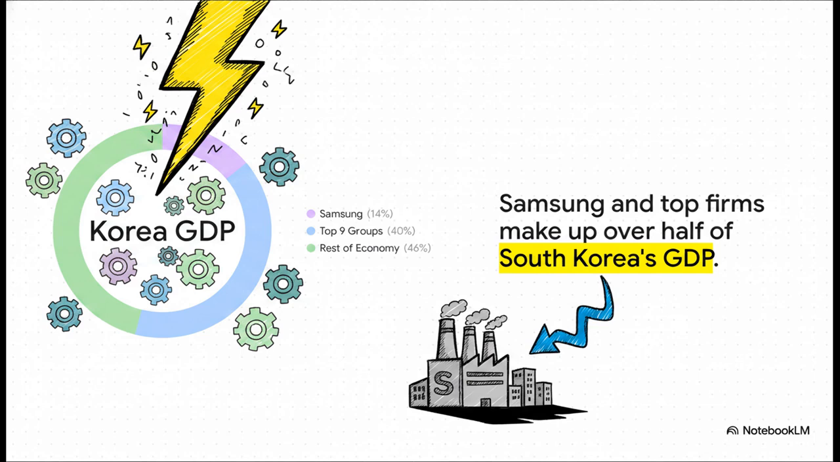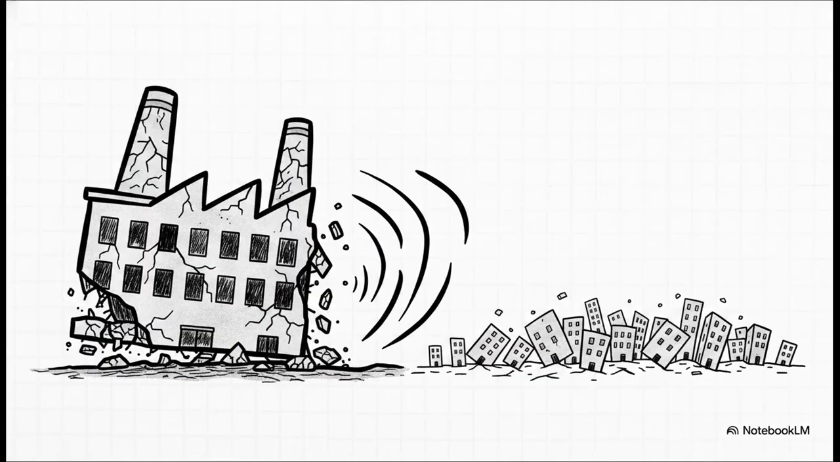The next top 9 groups account for another 40%. The rest of the millions of businesses in the entire country make up the remaining 46%. To put that into perspective, a minor hiccup in just one company, Samsung, can literally tank an entire nation's GDP. No way around it. Let's move on and see how this builds into our broader understanding of recessions, because it's